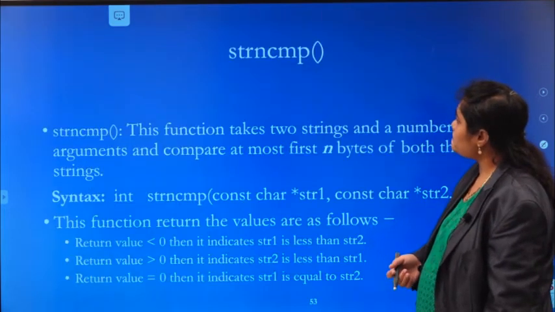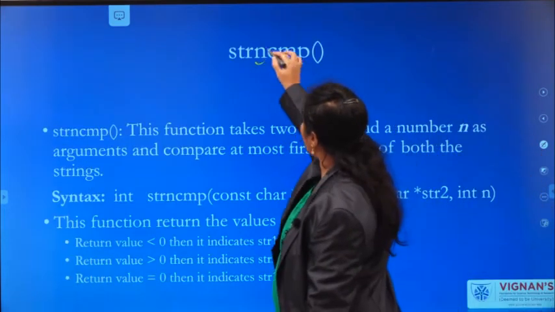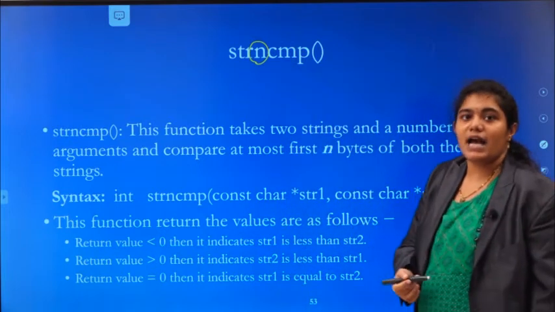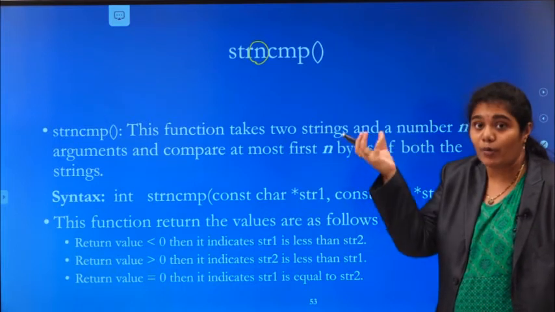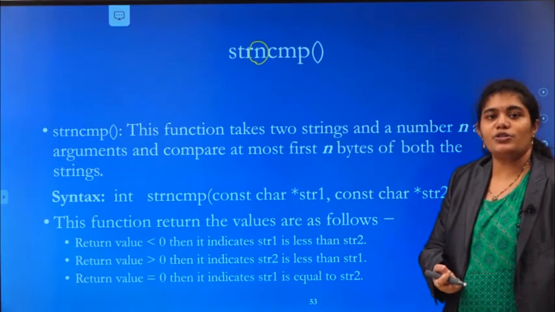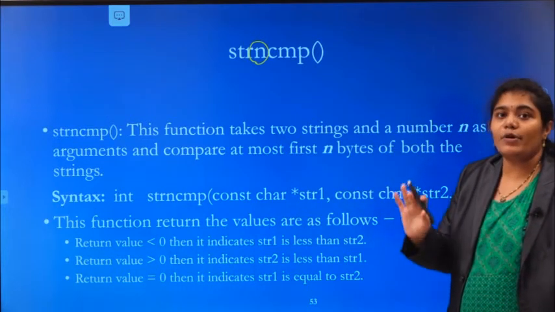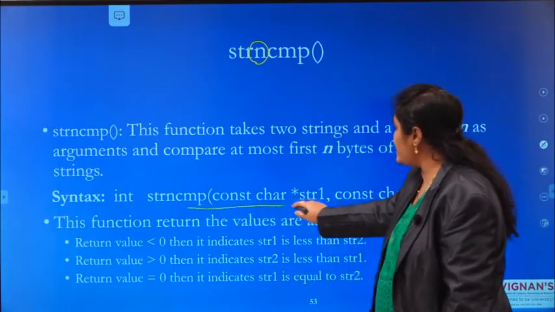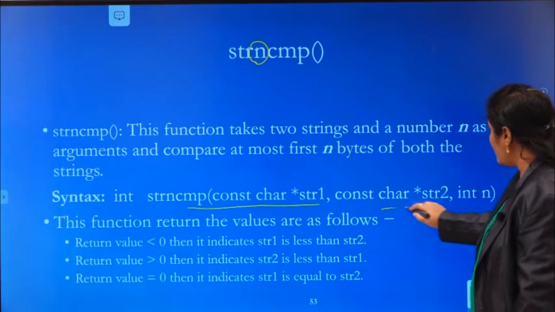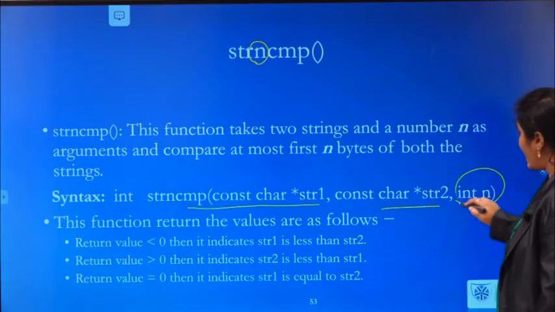Next, strncmp. strncmp is used to compare only n number of characters. See here the syntax is strncmp of string 1, string 2 and number of characters.